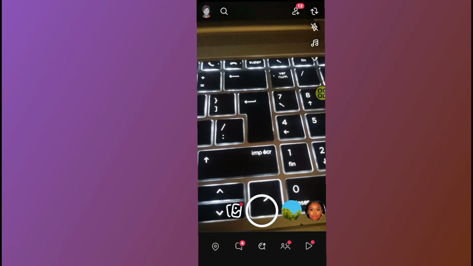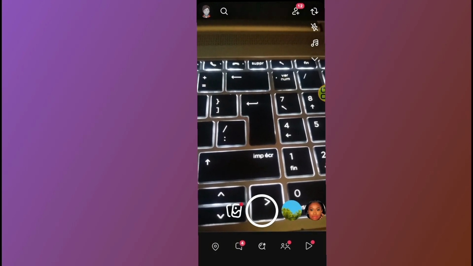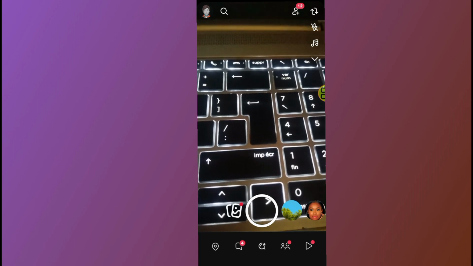There's an update on Snapchat on how to stop showing media upload. So let me show you the best method to stop showing media upload when sending some snap to your friends on your Snapchat. So after you open up the Snapchat app like this, now you can tap on this gallery